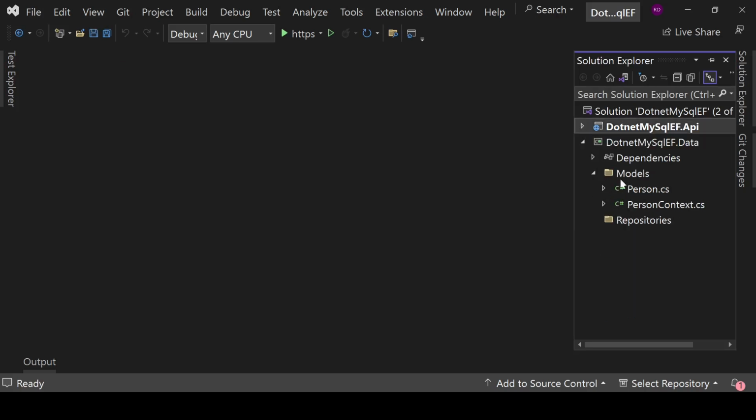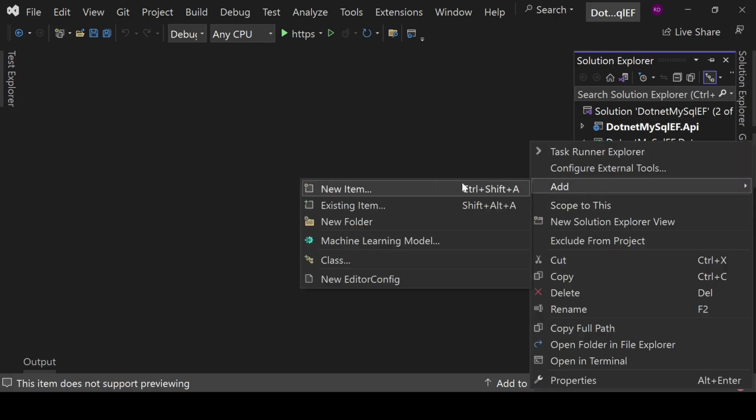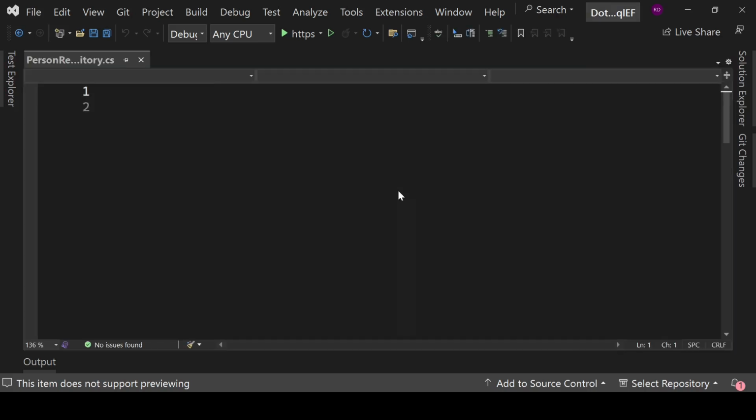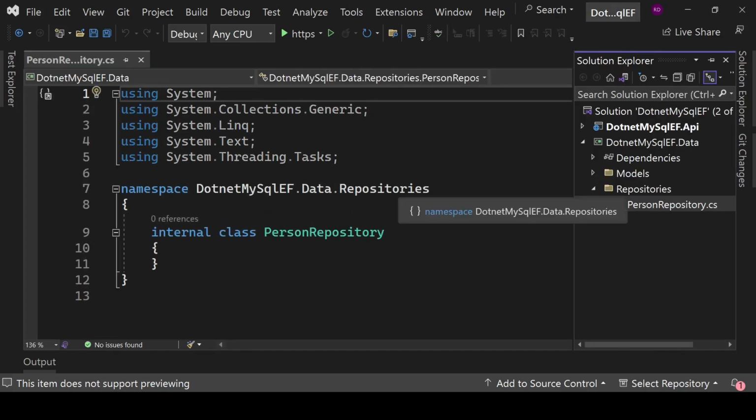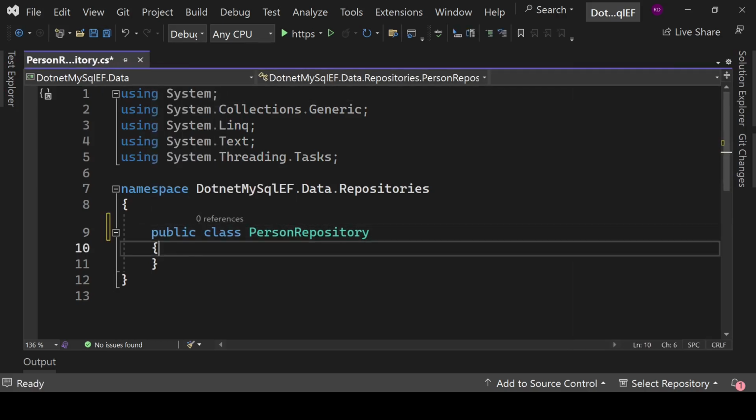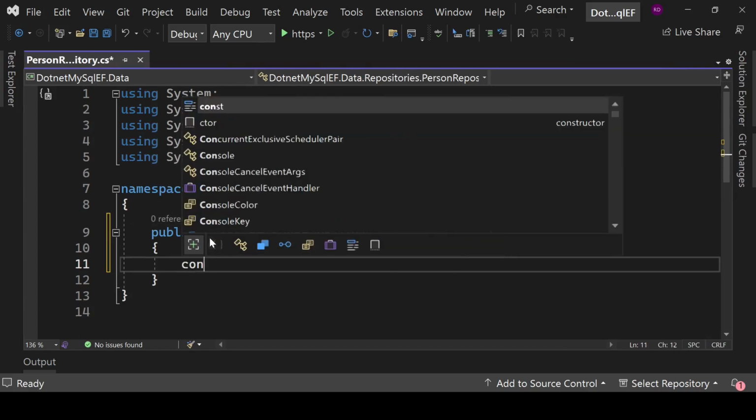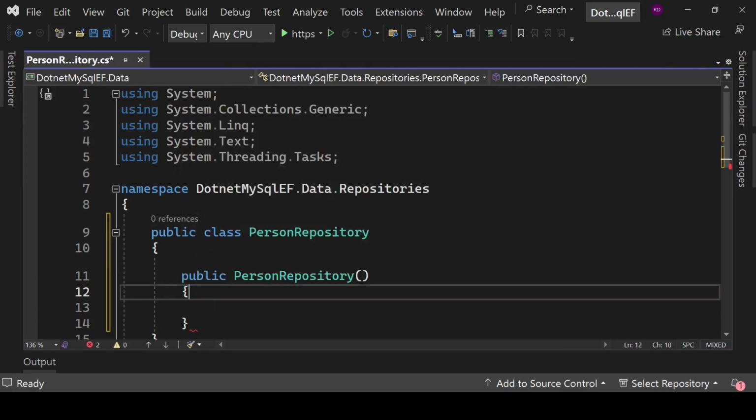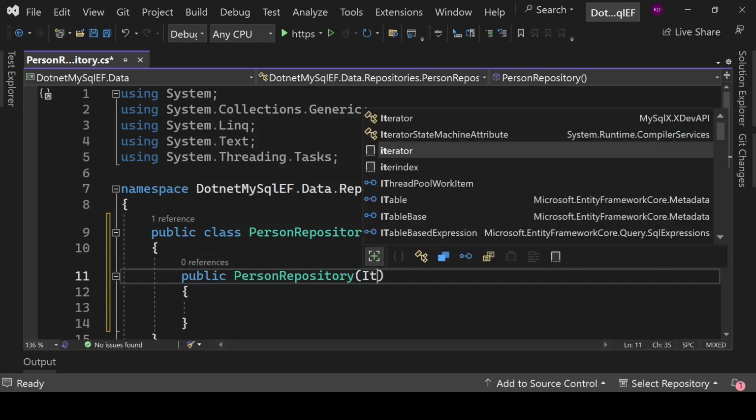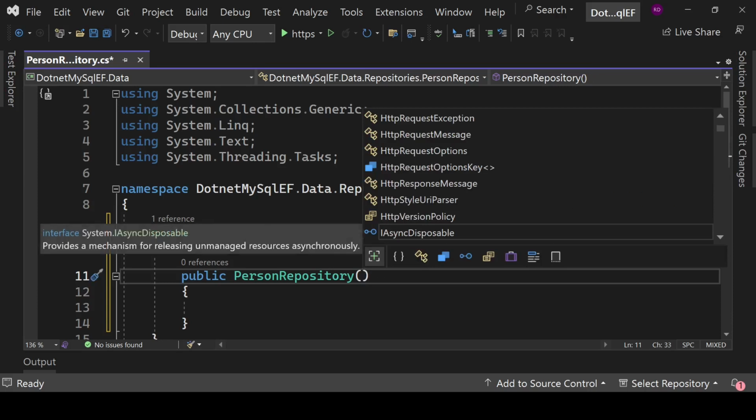That's good. Now here inside the repository class, we will create a new class. So it will be our PersonRepository. Click on enter, and here we will have public PersonRepository. First we will create a constructor, and we will inject our PersonContext